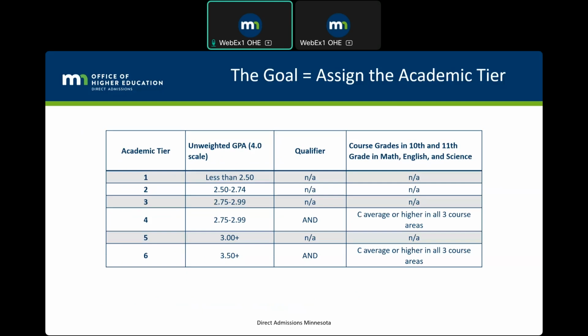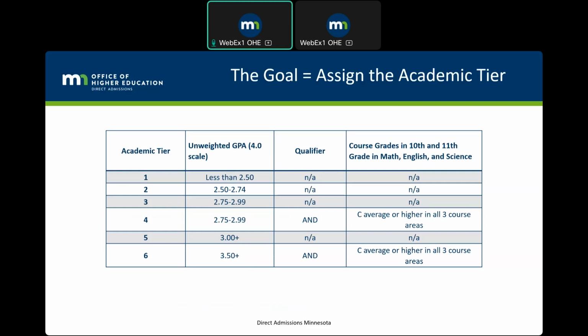As we go up, it's separated by grade point average, but of particular note is academic tiers 4 and 6. These both have an added qualifier. They require a C average or higher in all 3 course areas, math, science, and English for 10th and 11th grade.